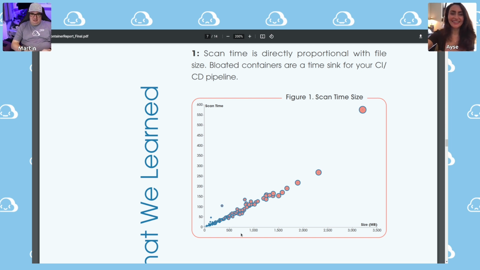But I think our podcast is already sort of intuiting where we're going with this presentation and some of the things that we're going to reveal. But it's not as clear cut as you might think as we dig into this analysis. What I find interesting about this is this scan time metric.